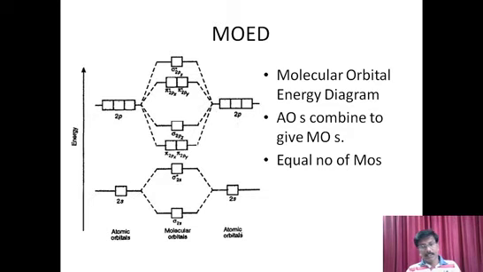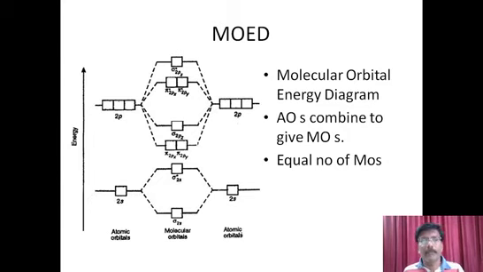The important things are, first of all, we can calculate the number of unpaired electrons when a molecule is formed. Why? Because the number of unpaired electrons gives the magnetic moment of the molecule. We can easily say whether the given molecule is paramagnetic or diamagnetic in nature by looking at the energy level diagrams. This molecular orbital diagram, MOED, will explain how many unpaired electrons are there.